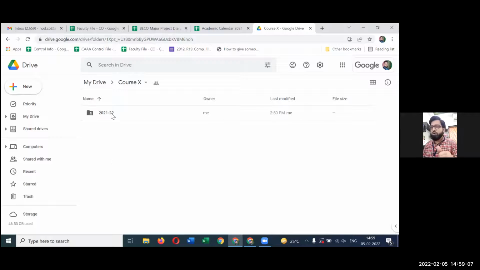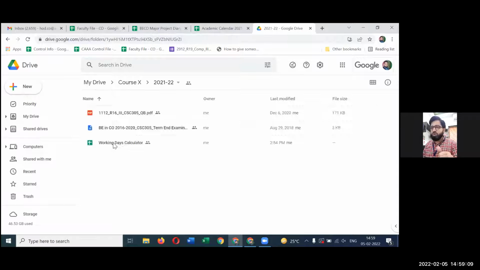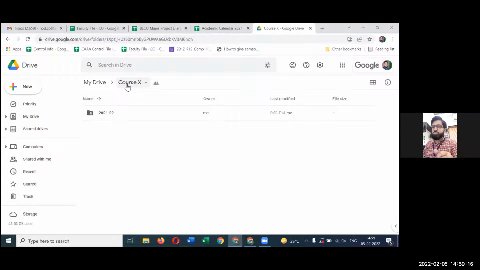So if I want to share, for example, only this working days calculator with her, I should not share the entire folder, because the moment I share this entire folder, that sharing will penetrate down, and it will be automatically applied to all the folders and all the files beneath it in the hierarchy. तो ये फोल्डर के अंदर में जितने भी फोल्डर्स है, जितनी भी फाइल्स है, सबके ऊपर सेम शेयरिंग अप्लाई हो जाएगी. That we need to keep in mind.